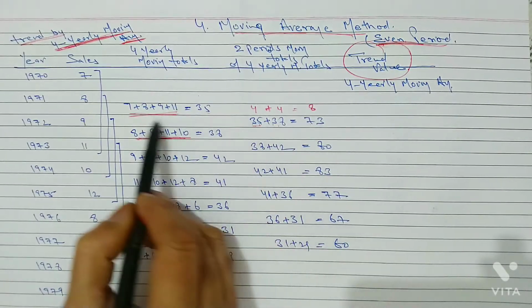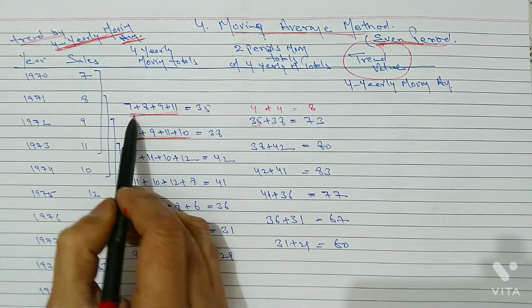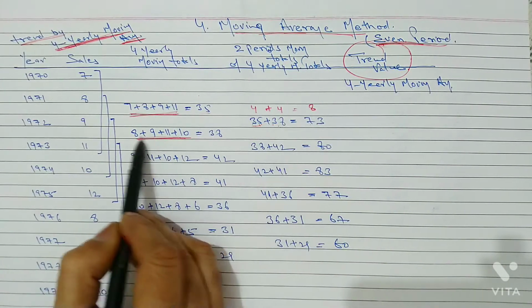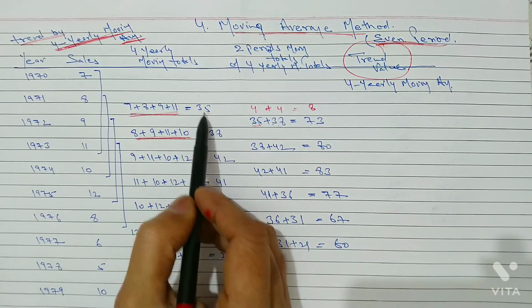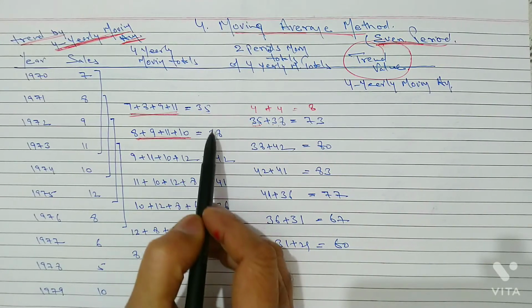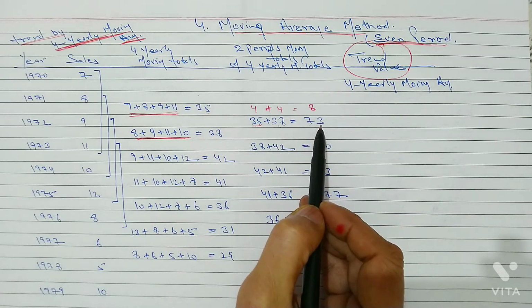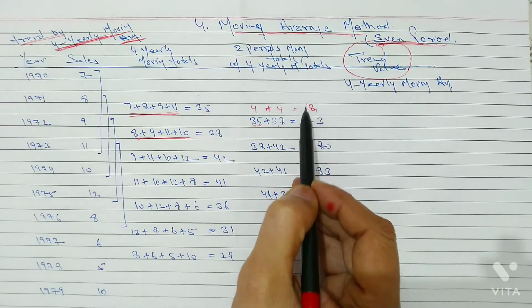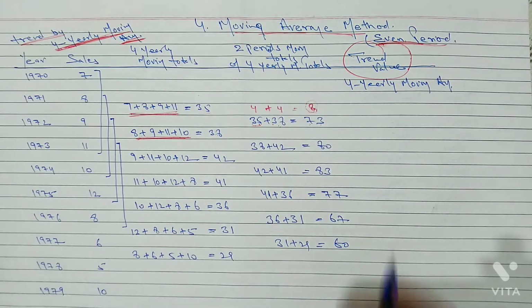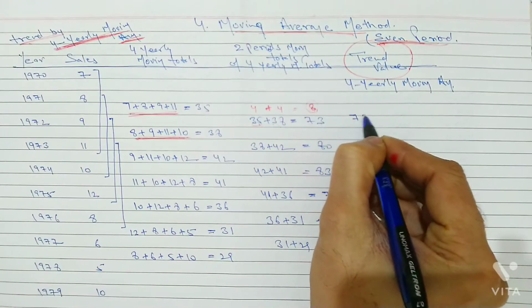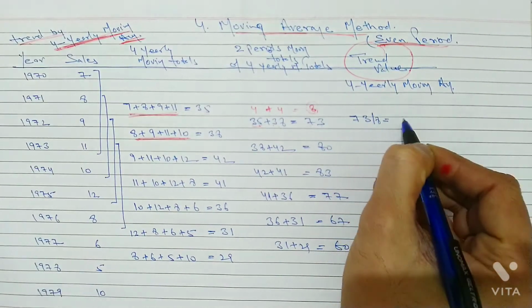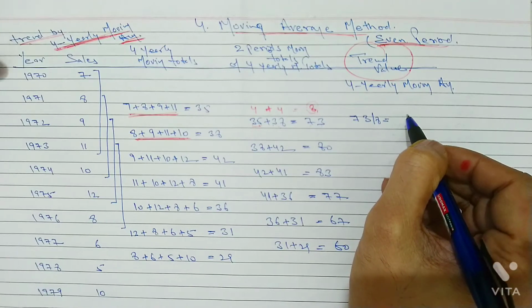Clear? 35 is a total of the first 4 terms. Then 38 is a total of the next 4 terms. Means 35 plus 38, 4 terms plus 4 terms. 73 is a total of 8 terms. Therefore, to find the average, we have to divide 73 by 8, which is